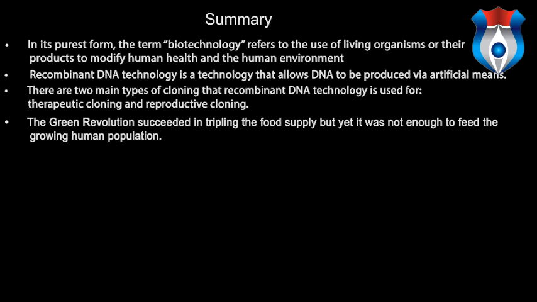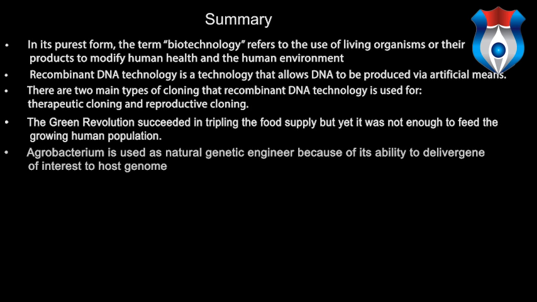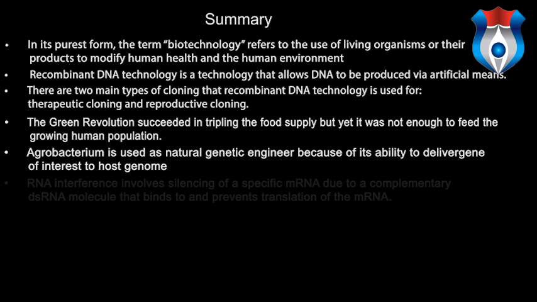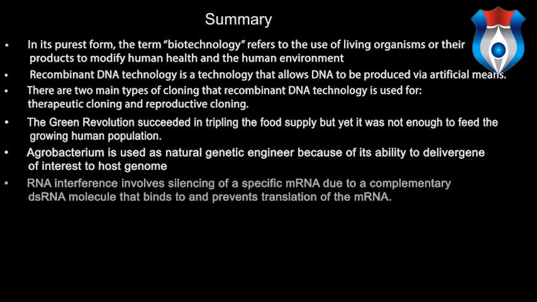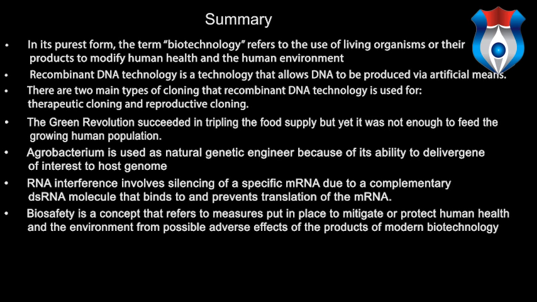The Green Revolution succeeded in tripling the food supply, but yet it was not enough to feed the growing human population. Agrobacterium is used as natural genetic engineer because of its ability to deliver gene of interest to host genome. RNA interference involves silencing of a specific mRNA due to a complementary dsRNA molecule that binds to and prevents translation